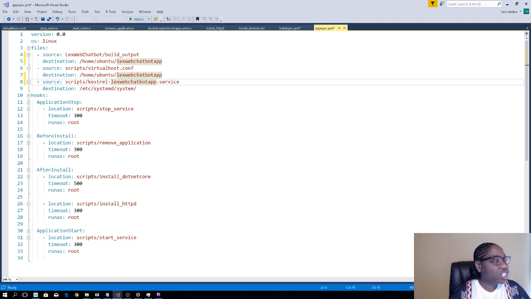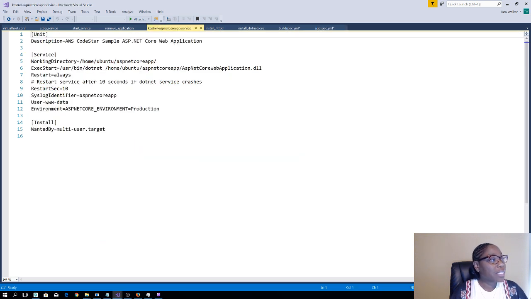All right, so I have changed, obviously, my service files. Now I need to change those scripts. So I have these open, and we'll just go in order. The first one that this source looks at is the Kestrel LexWeb chatbot service, which doesn't exist right now. The service that exists right now is the Kestrel ASP Core app service. So that's the one that is created right now. So let's change this. This will be our ASP Lex Chatbot